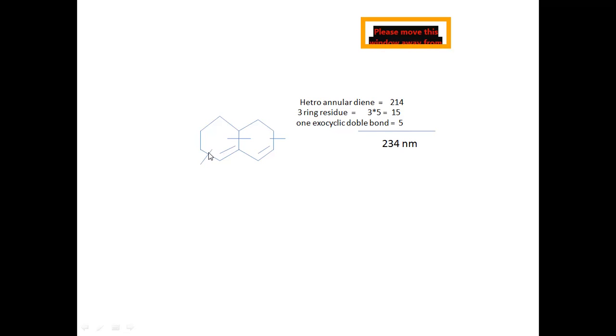If you put a double bond here, it will be the extension of the conjugation. This is the conjugation. Double bond, single bond, double bond. Again single bond. If you put a double bond here, then it will be an extension in the conjugation. Okay. For extension of the conjugation, what is the contribution? 30 nm. If there is extension of conjugation, then that value should be extended further by 30 nm. Such a situation is not there, but I am showing you.